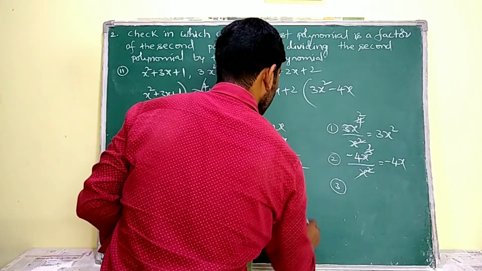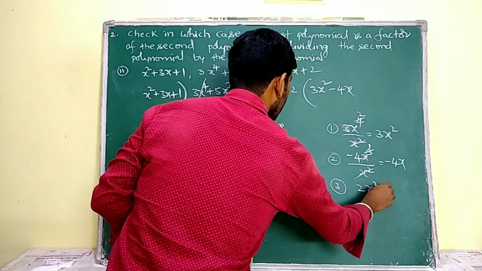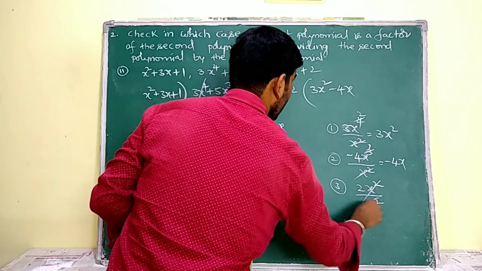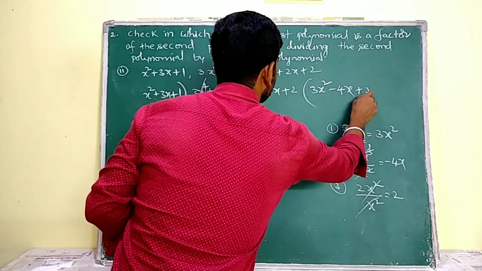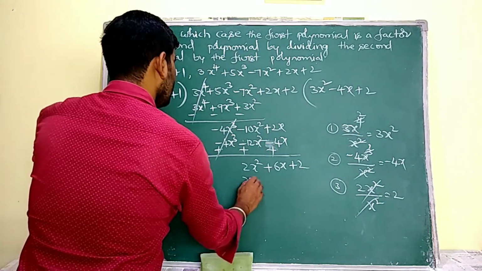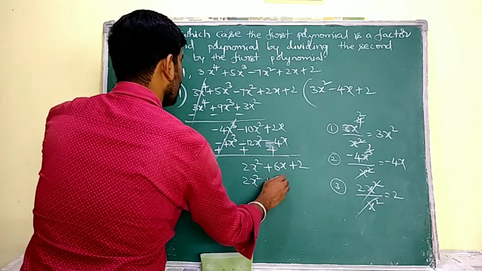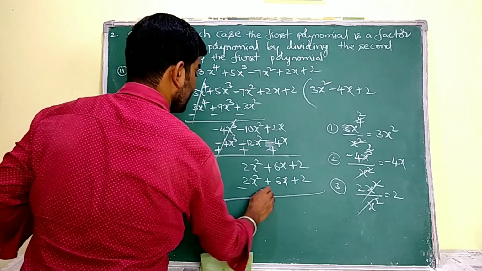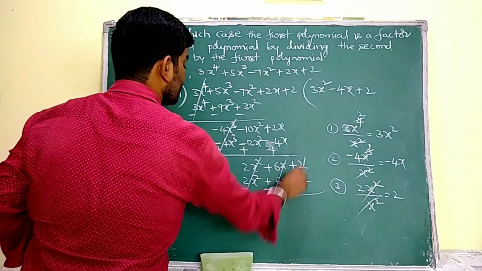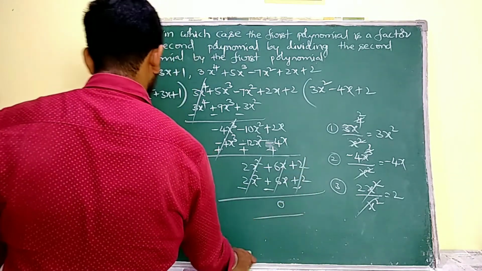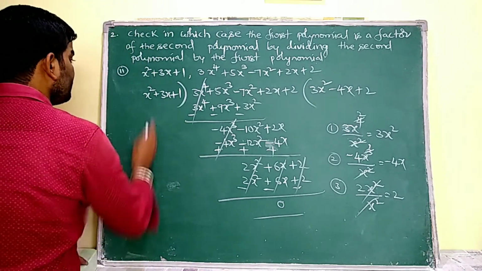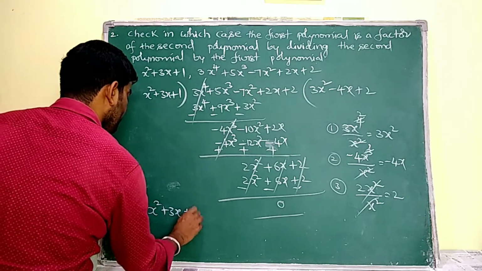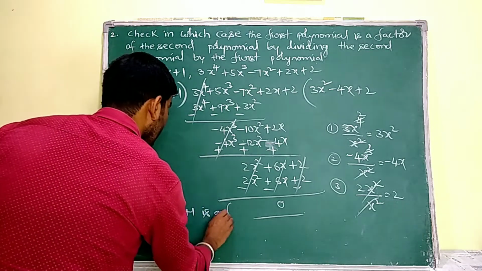Coming to the third term in the quotient, I have to divide the first term of the dividend with the first term of the divisor. So 2 into x square is plus 2x square, 2 into 3x is plus 6x, and 2 into 1 is plus 2. Changing the signs, all these terms are cancelled. Here the first polynomial, that is x square plus 3x plus 1, is a factor